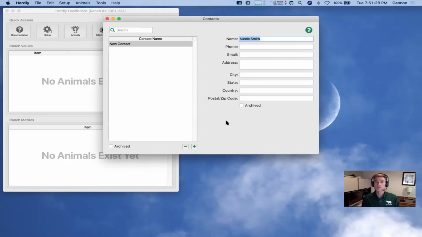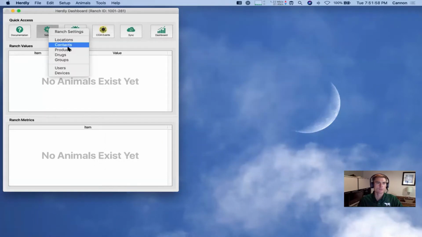People that you purchase animals from or sell to. There's several places in Herdly where you'll be able to choose a contact for one of those purposes. And so they just need to be entered in here. But you don't need to enter all your contacts, just the ones you're interested in. Okay, probably not much to show there. You can archive contacts in the same way if you don't want them showing up on lists anymore. All right, let's close this and we'll move on to